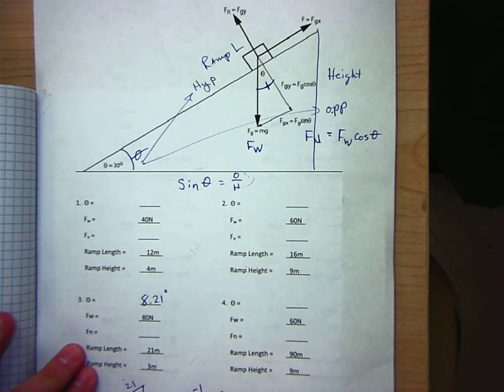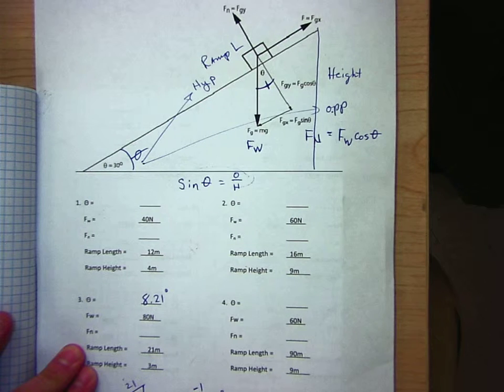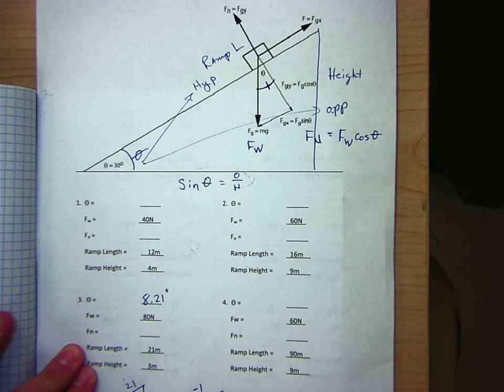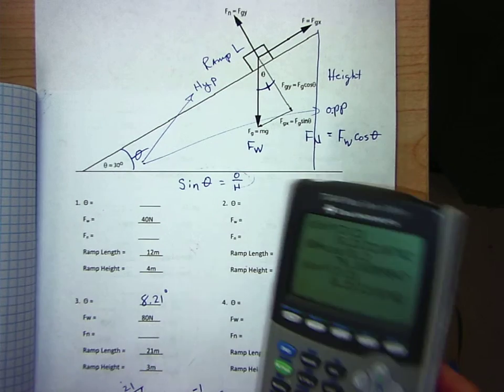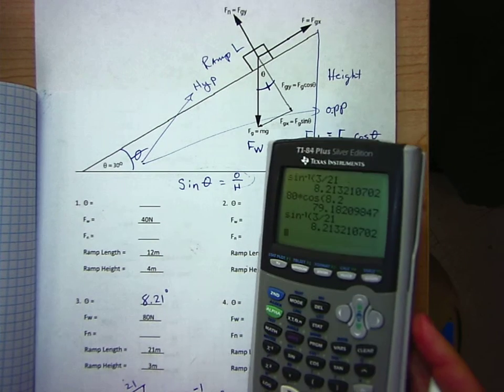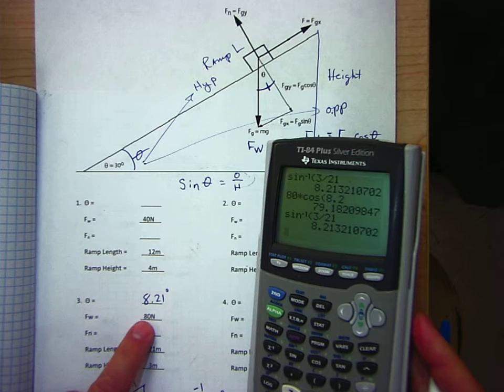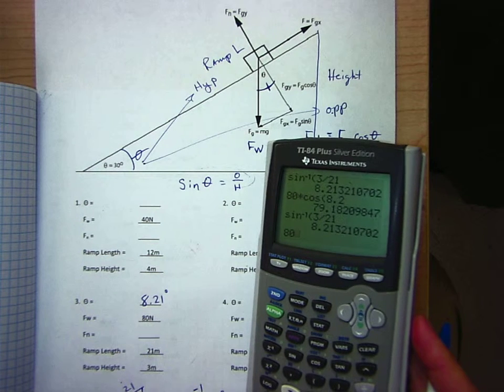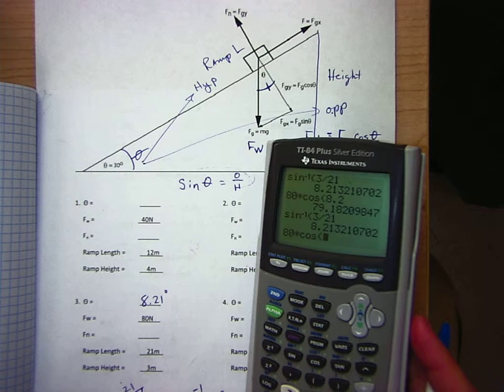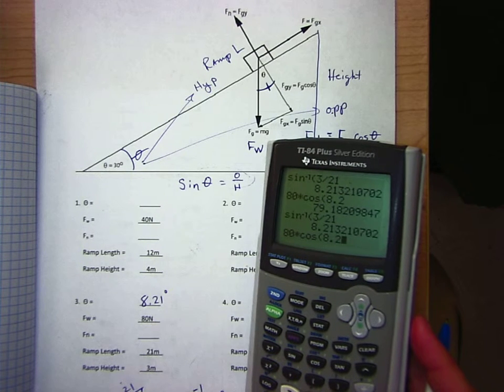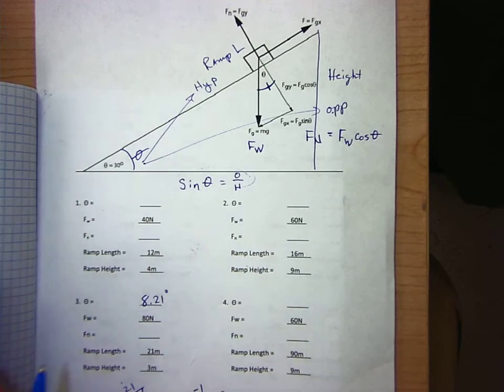To find the normal force, we just discussed up here, normal force is equal to force weight times cosine the angle. Let's put that in the calculator. So we have the force weight is given to us at 80. 80 times cosine the angle of 8.2. 79.2